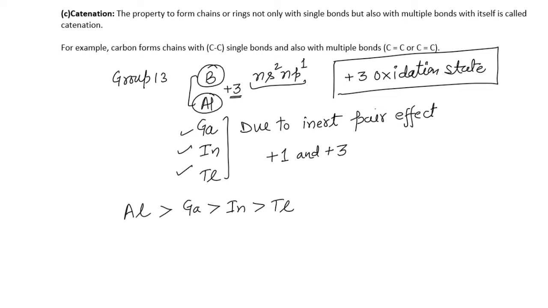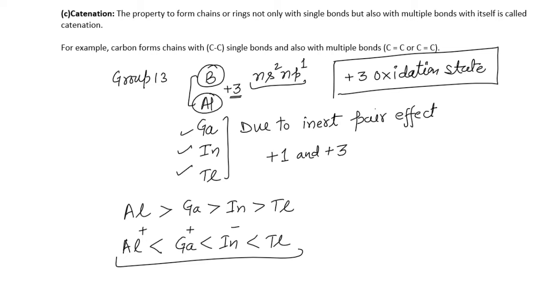But for +1 oxidation state, aluminium can never show +1, and that progressively increases. That means inert pair effect increases as we go down the group. Means the stability of +1 state, you can write like this, it increases, and +3 state decreases